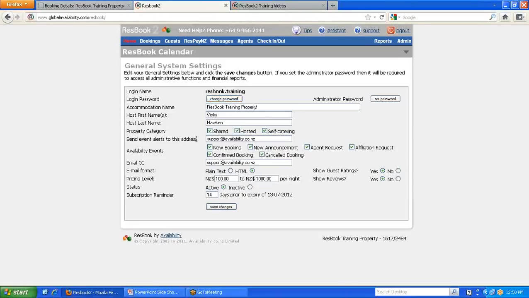On this page you can control the emails and email notifications that get sent. So if any of these availability events happen, so you receive a new booking or someone confirms a booking, or if an agent sends you a request, if any of these things happen within your ResBook system, ResBook will send a notification to the top email address here. The bottom email address, the email CC, is the email that receives the carbon copies of the emails that are